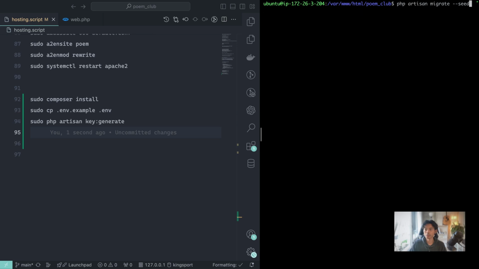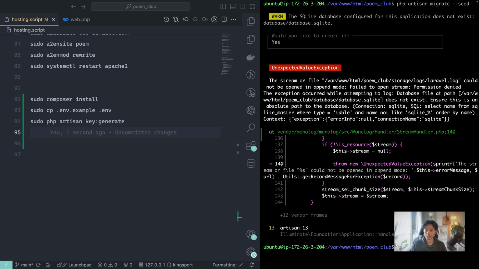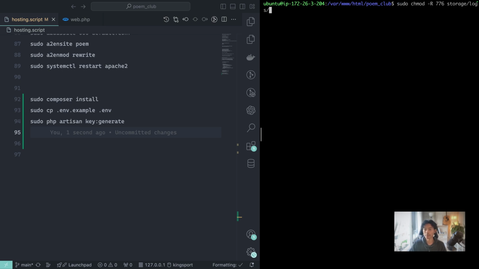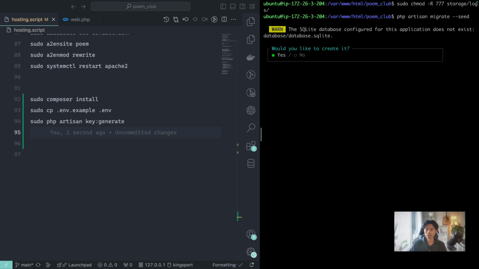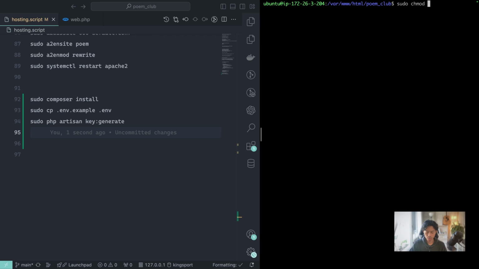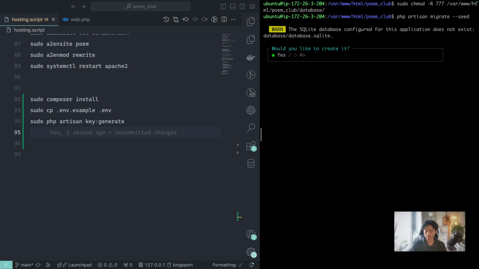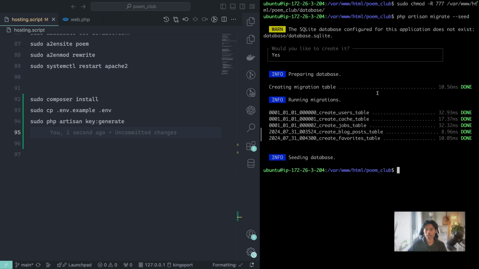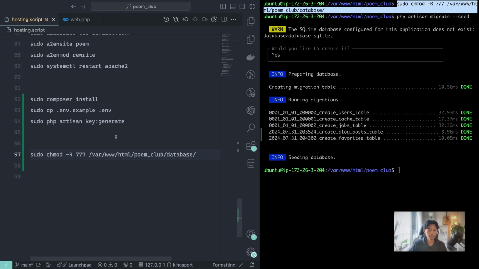We'll use the php artisan migrate --seed. Yes, the same thing. Okay, so what I will do is I will give 777 for now, and I will seed. Okay, now we have to give the permission for the database. So I will give a sudo, I will clear, sudo chmod -R 777, and we will give the full permission. Right now it's not a good idea to give the full permission, but I will provide a proper way in the command line. So this is how you can change the permission for the database folder and the other thing like